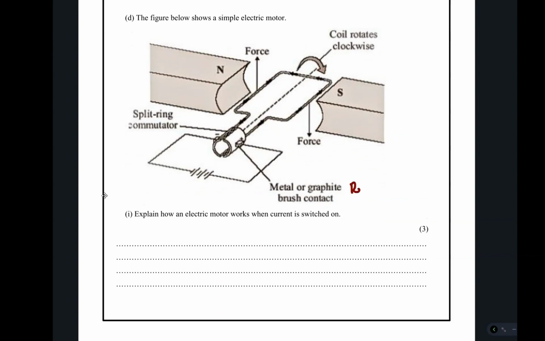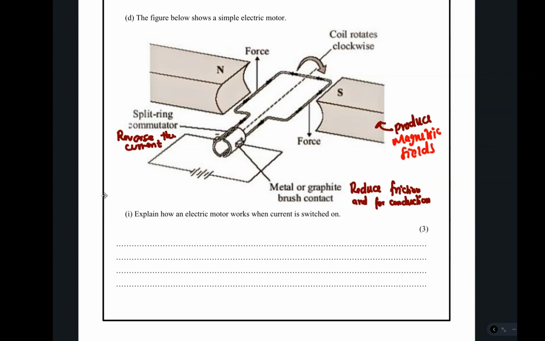Now we're going to talk about this simple electric motor. These are also some of the questions that are usually tested. We are supposed to identify a few parts that we have here. We have a metal or graphite brush in contact, and this is for conductivity and also reducing friction, because the commutator is sliding. The commutator is there to reverse the direction of the current so that the motor continues moving in the same direction. We have also the permanent magnets, which are going to produce the magnetic